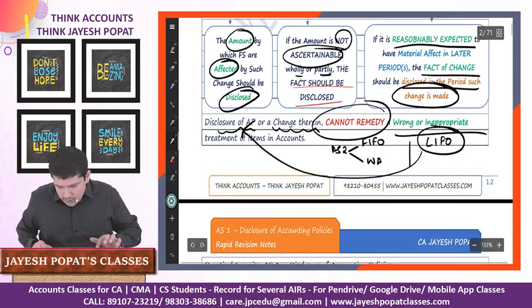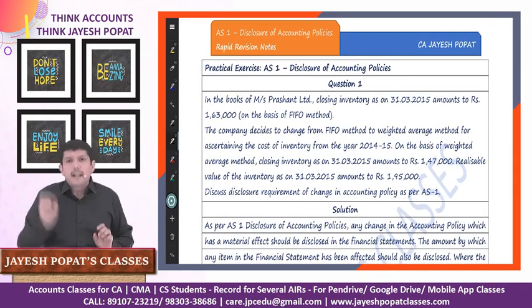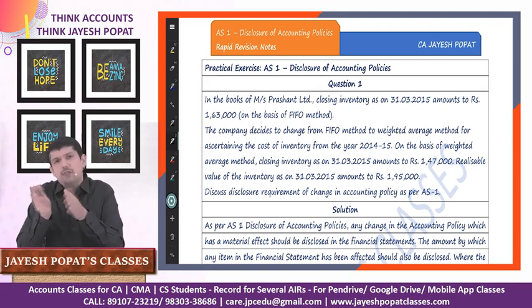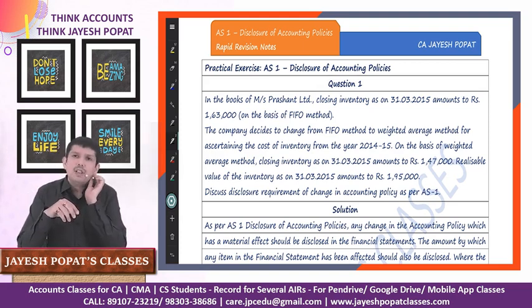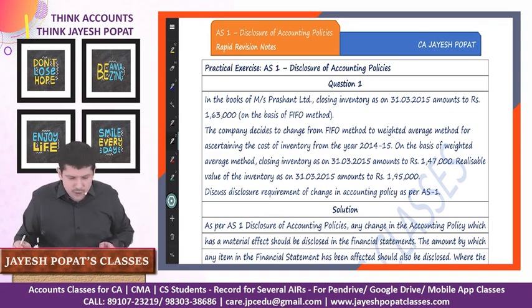So by this we are done with the content portion of accounting standard 1. Now let us move on to the practical exercise on accounting standard 1. See, generally there are two types of questions which will be asked. One, where they are making a change in the accounting policy and they will ask you to make a suitable note or draft a suitable note which will form part of the financial statement. The other type of question is they will put a scenario in front of you that certain changes have been made, and you need to identify whether that change qualifies as a change in accounting policy or not. So let us have a look at the first question.